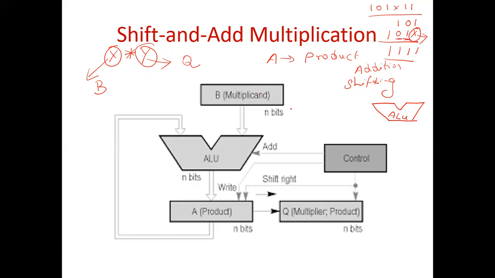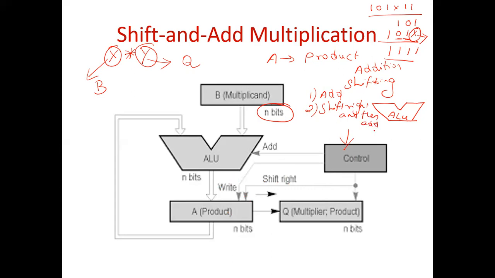So I have a multiplicand. The multiplicand represents n number of bits, and I am performing ALU operations. But here I have some control. Control means some condition is there. So what is that condition? Based on the multiplier condition, the control bit will work. Either it has to add, or else it has to shift right and add. So there are two options: one, I will add directly; another, shift right and then add.